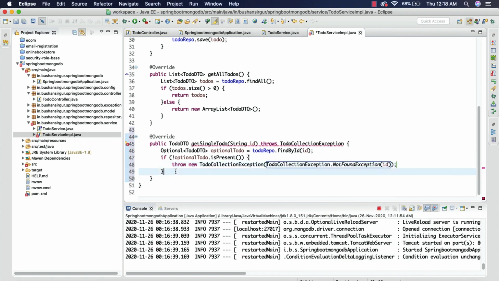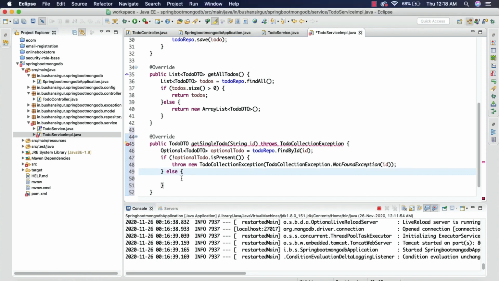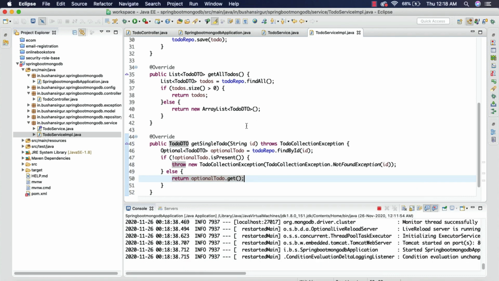Else, if we found a to-do, then we're going to return it back. Return optional to-do dot get. So let's save this. Now we have a service method which will retrieve the to-do.